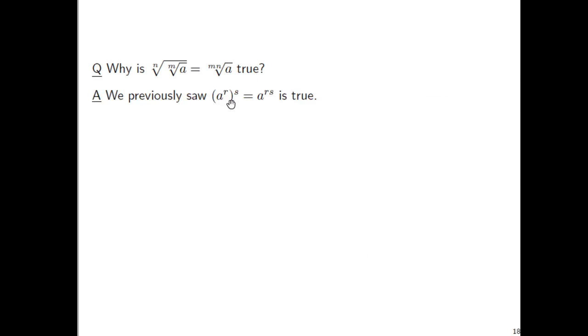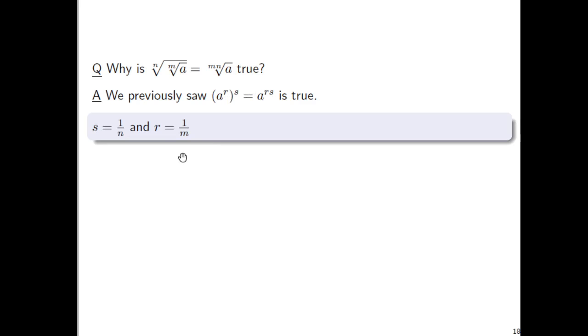So we previously saw a to the rth quantity to the s equals a to the rs power. That is a formula we've already argued why it's true, and we trust it. We're going to substitute now not just for s, but for r as well. So for s, we're going to replace with 1 over n. Every r, we will replace with 1 over m. And so then this previous true formula, which we trust, once we plug in consistently, every s became a 1 over n, every r became a 1 over m, then we get a new thing that we trust, as funky